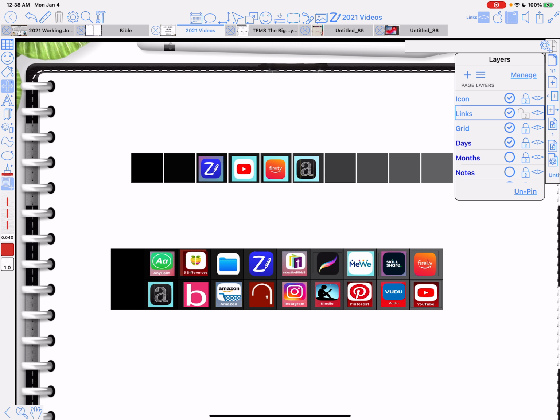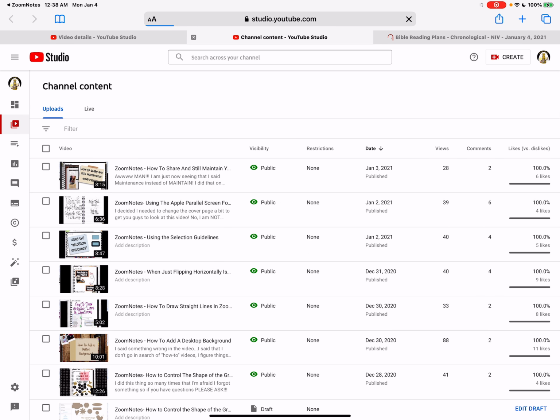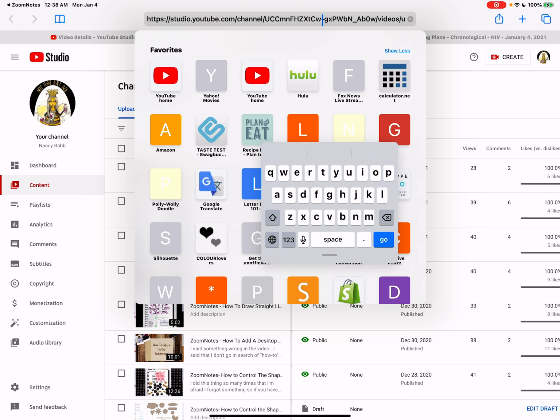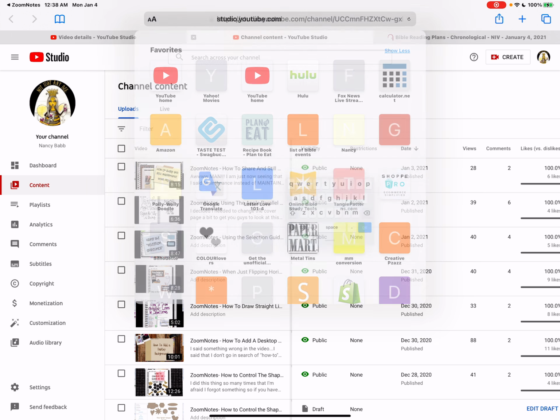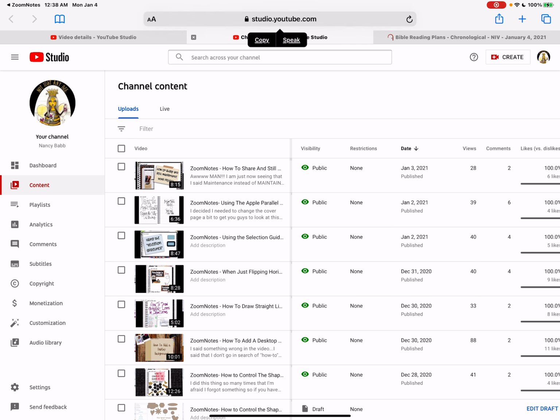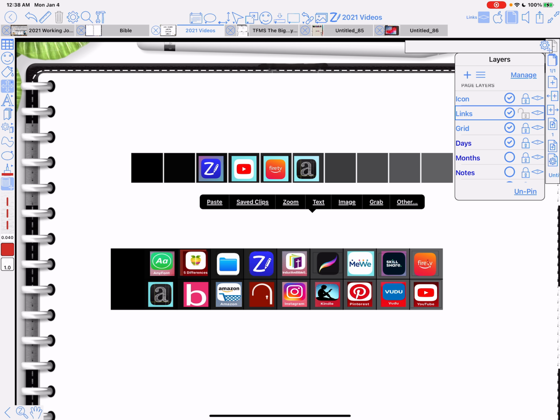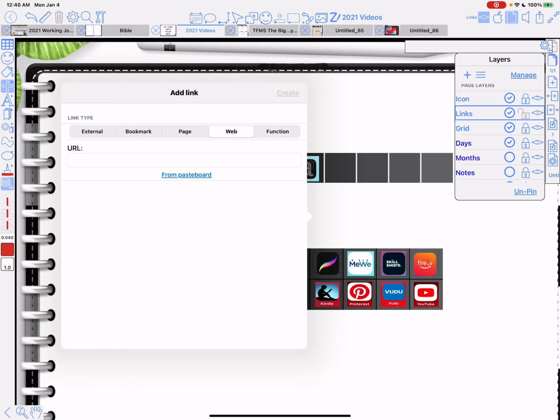Okay, I go back to ZoomNotes, and I don't even know where I was and why I was there. Oh, I was getting the YouTube. I was showing you that, and I forgot to get the URL. So I clicked back on it again. I'm sorry, I started talking. This time, because it is an app, it is an internet site, I can copy the URL. And I use that, and I don't have to do all that going through the search app store to get it. So I would just copy that URL, go back to ZoomNotes,